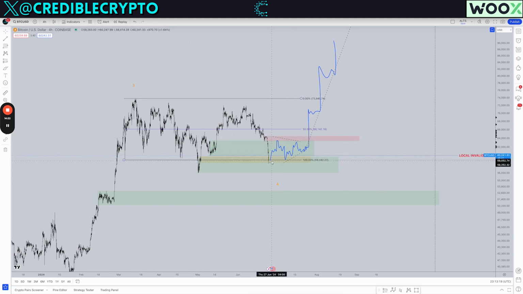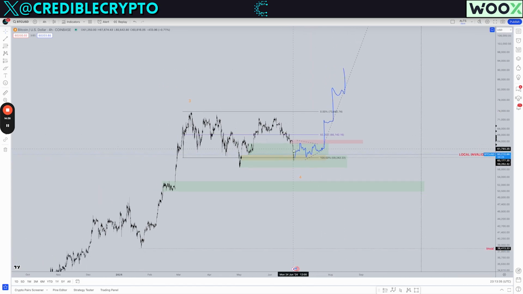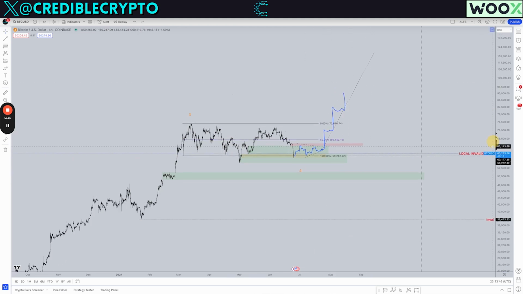And so if Bitcoin then holds this range and consolidates for a week or 2 weeks or 3 weeks, that window of time is when those alts that have held up very well are going to get some quick runs in before Bitcoin steals the show again, okay? So something to keep in mind, and that's totally going to depend on how long we consolidate here. The longer that we consolidate in this region, assuming the bottom is above 56K, the more time alts are going to have to do their thing before Bitcoin gets ready to rip for that final leg to the upside.